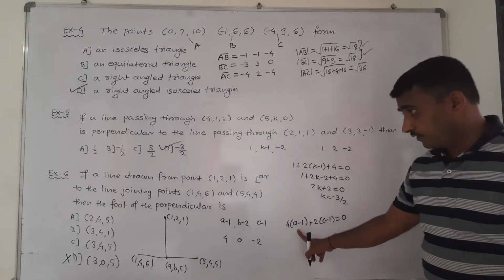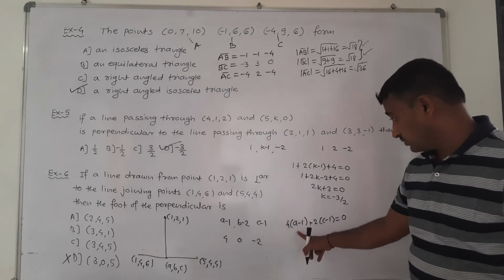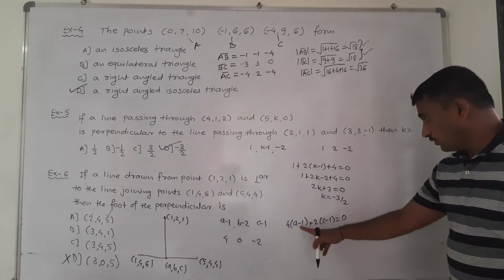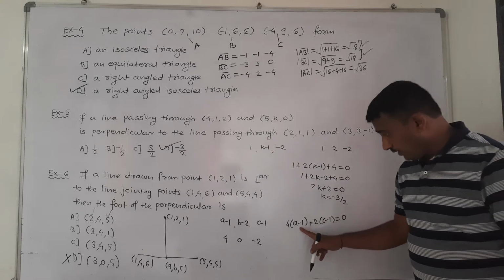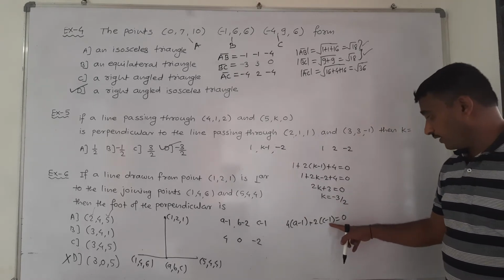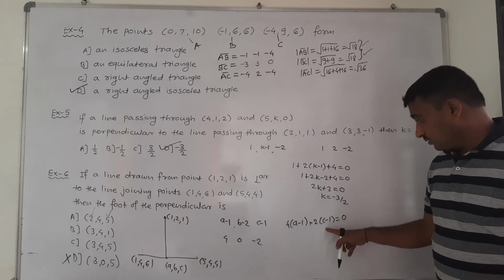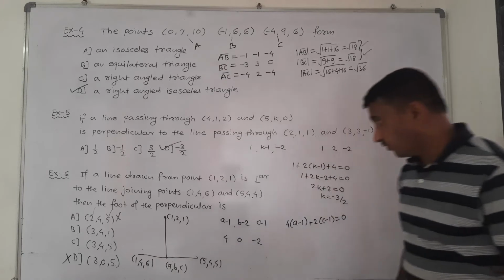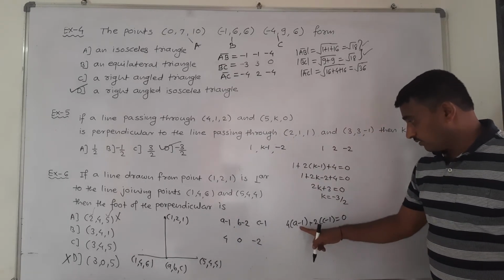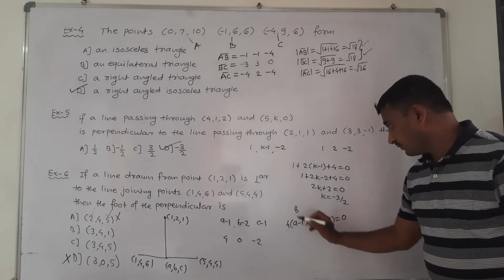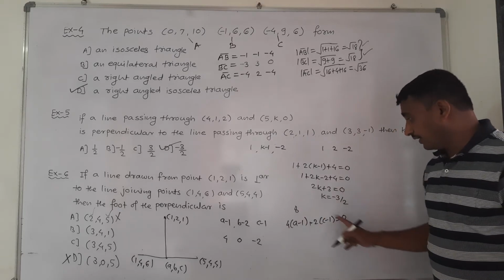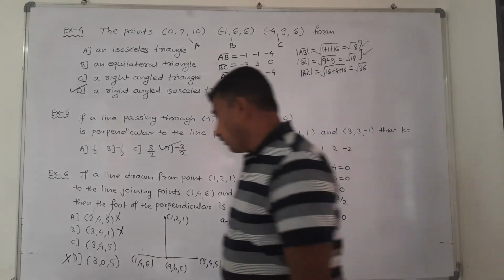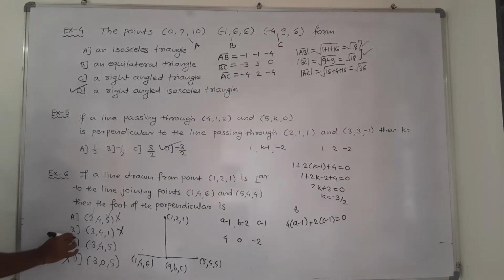Now here, if first a is equal to 2, we want a and c, 2 and 5. a is equal to 2, 2 minus 1 is 1, 4 times that; c is equal to 5, 5 minus 1 is 4, times minus 2 is minus 8. Minus 8 plus 4 is not equal to 0, therefore this is neglected. Now second (3, 4, 1): a is equal to 3, 3 minus 1 is 2, 8; c is equal to 1, 0, so 8 is equal to 0, not possible. Second is not the option, and D is already cut, therefore the only option is C option.